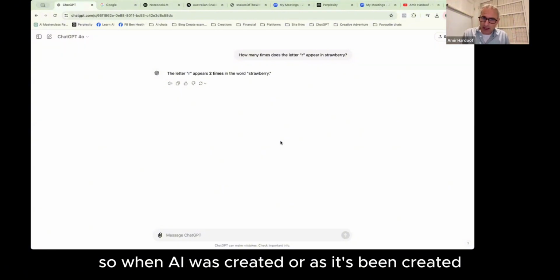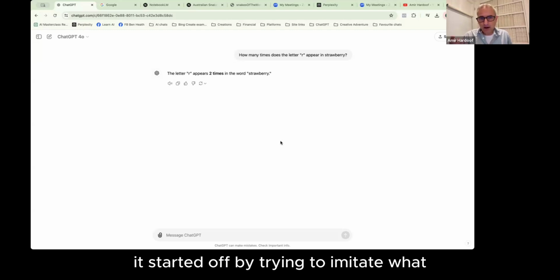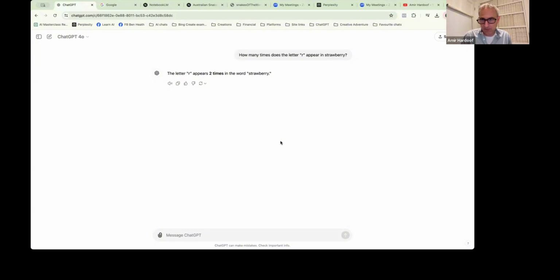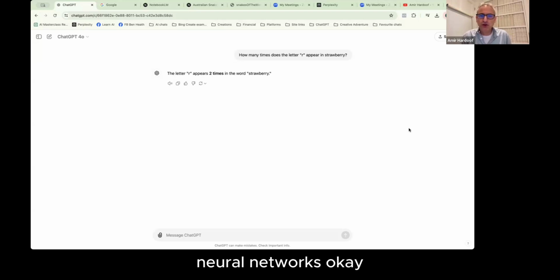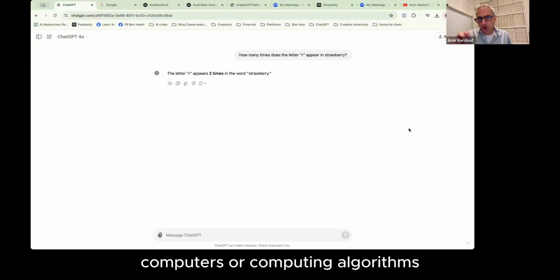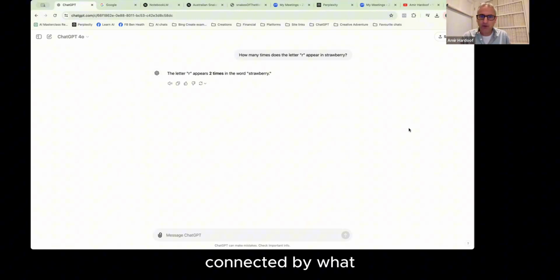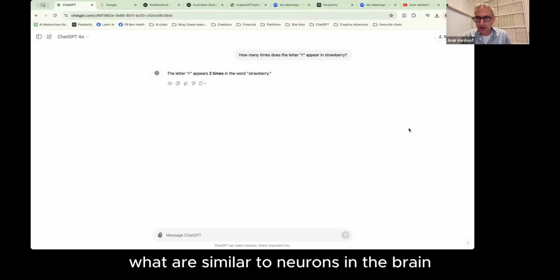So when AI was created, or as it's being created, it started off by trying to imitate what the brain does. Okay, so this is why you may have heard of neural networks, which is all kinds of computers or computing algorithms connected by what are similar to neurons in the brain.